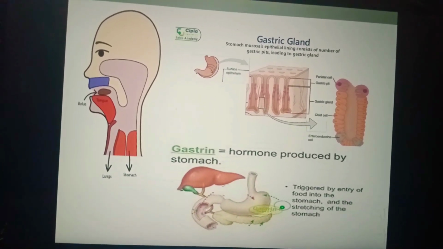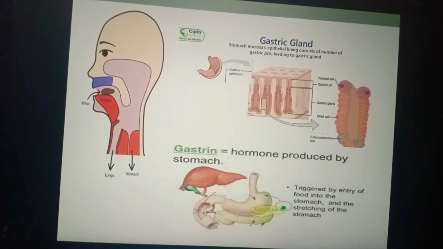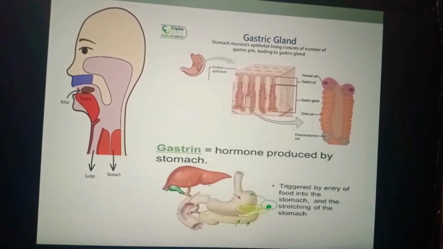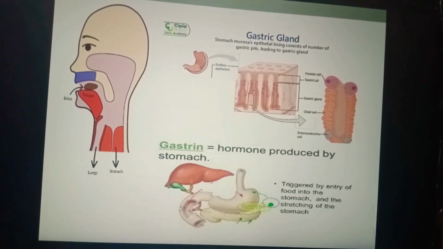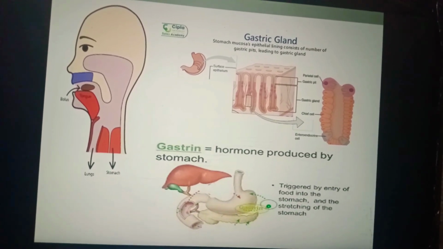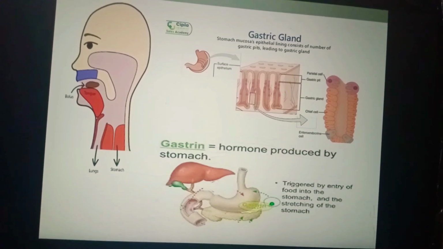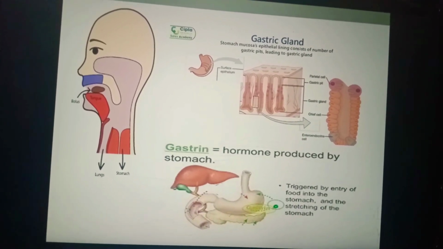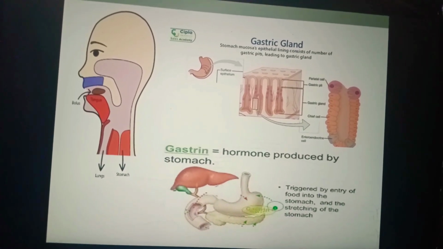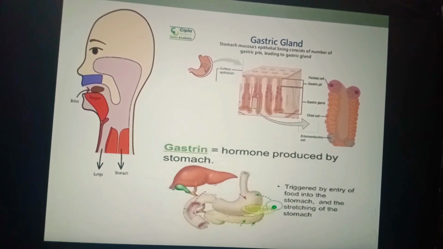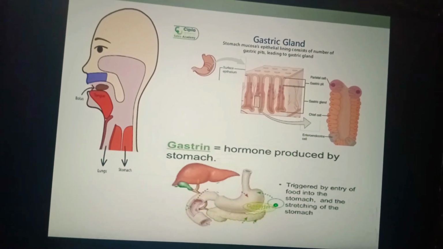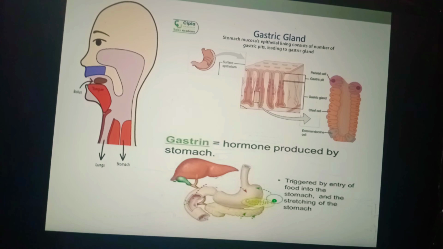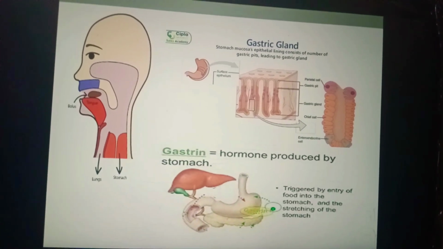In this case, the already present gastric juice begins the digestion of huge proteins into peptides. These peptides stimulate some cells of the stomach walls to release a hormone called gastrin. This hormone enters the blood and is distributed to all parts of the body. In the stomach, it has a specific effect and stimulates the gastric glands to secrete more gastric juice.